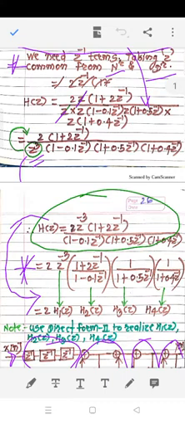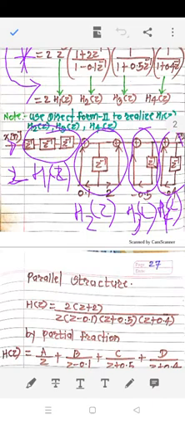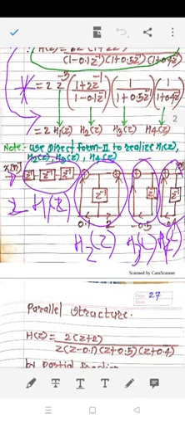Now this is our first part of our numerical. Now we will move to the next part, that is parallel structure. What we have to do in the parallel structure, if you can recall from our previous discussion, is convert the given h of z by using the partial fraction method, and individually realize the sub filters, in the form of partial fraction expansion, by using direct form 2. Correct? That is our parallel structure.